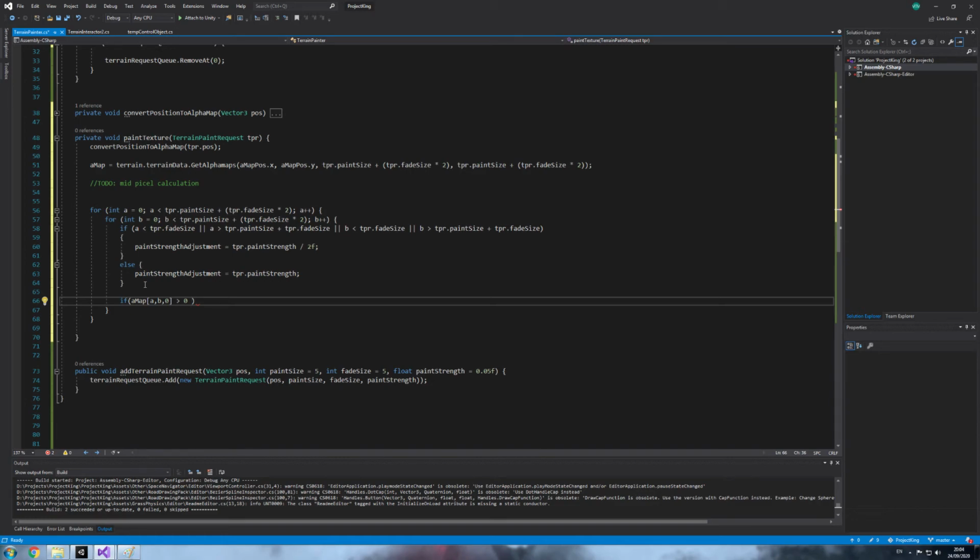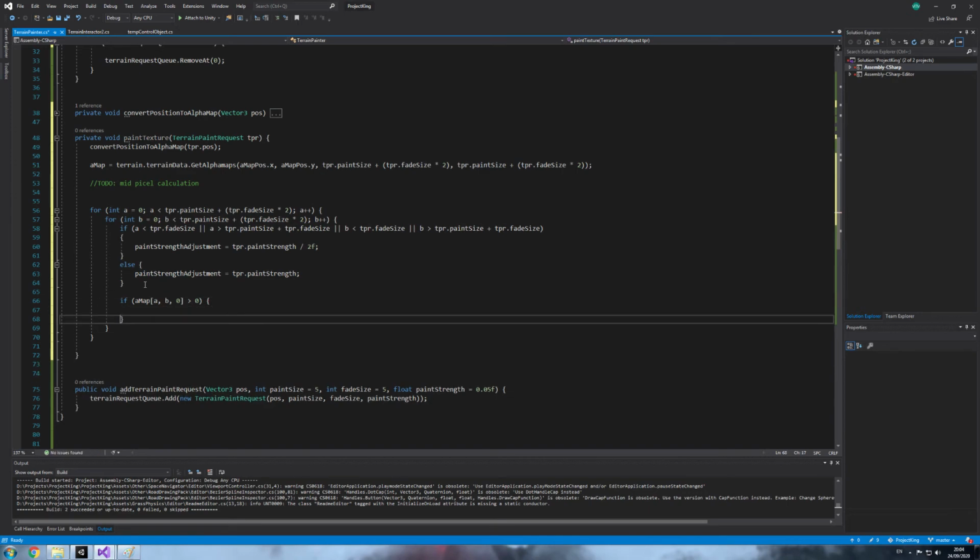So if the grass is still greater than 0, then what we do, we're saying, okay, alpha map at A B pixel, layer grass will be minus equal to